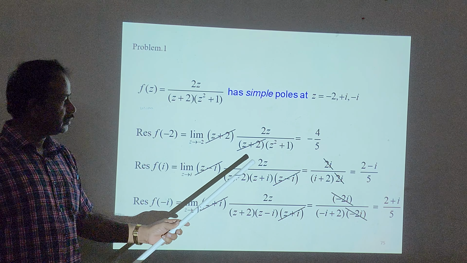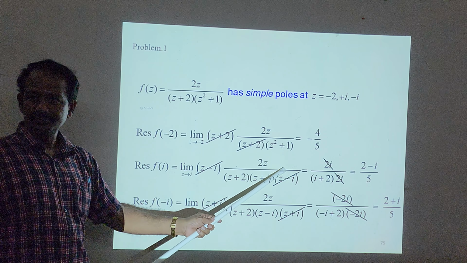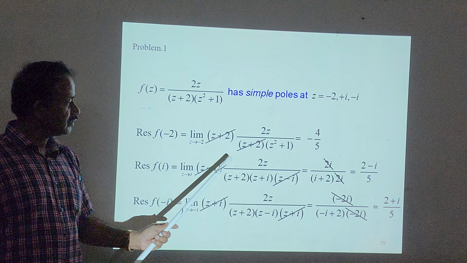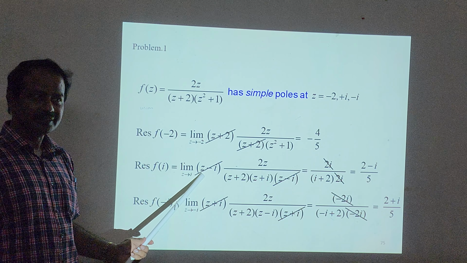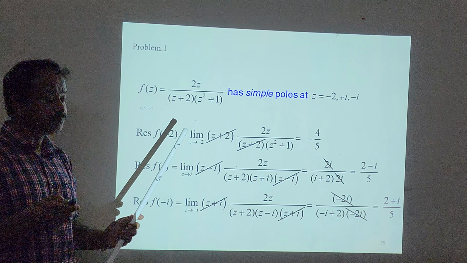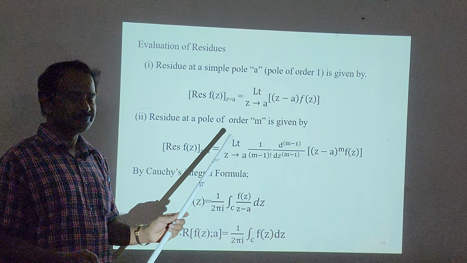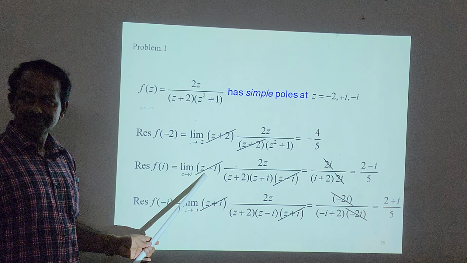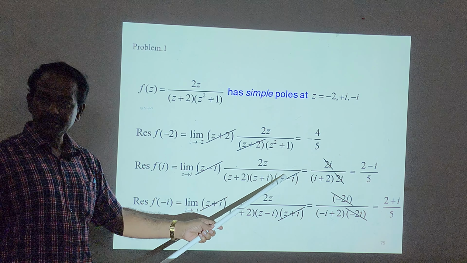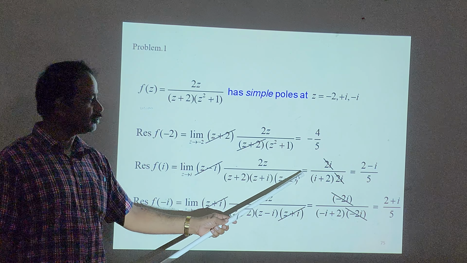Z minus i. So this is your f of z. This is your z minus i. Correct? What is this one? Z minus a. So this is your z minus i. So z minus i multiplied by your f of z is equal to,